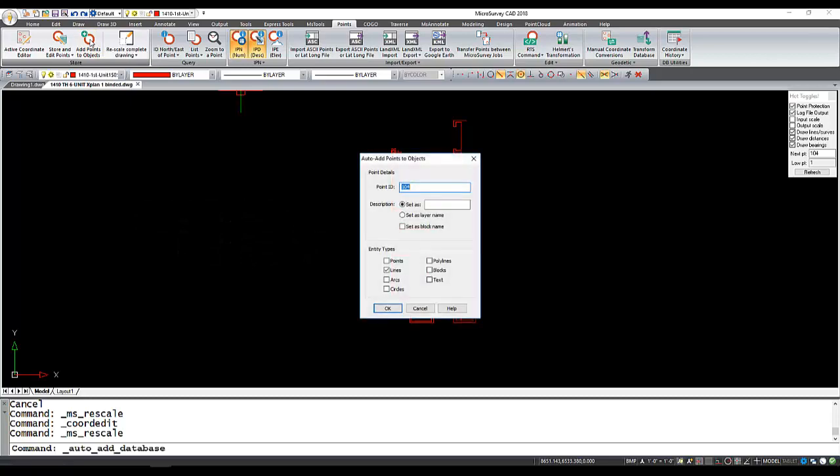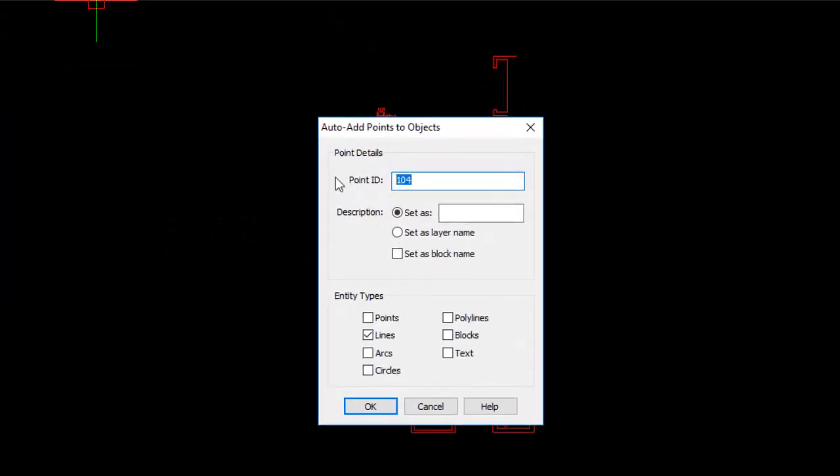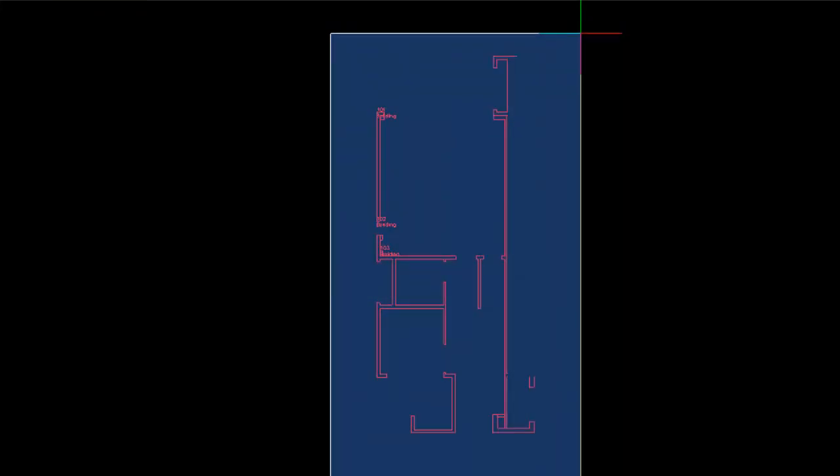So I'll select that one, and here it allows me to designate where I want to start numbering, so I'll just pick up at 104. I can set the description that I would like. And here I'm going to tell it only select lines. I can pick OK, and now all I have to do is window in the whole section, and what it's